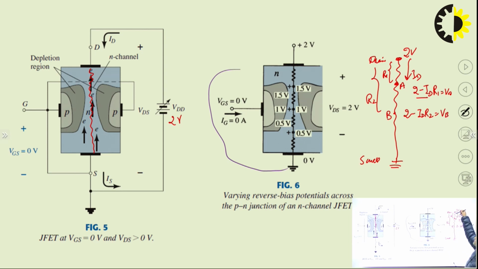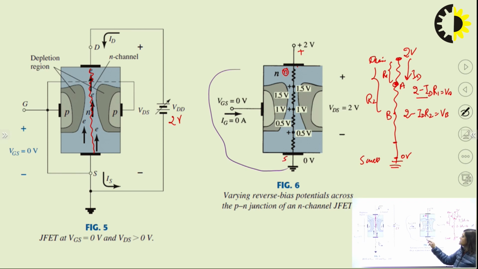So if we move from top to bottom, at point A the potential is high, and at point B the potential is reduced, because ID R2 is more in comparison to ID R1. And if we go downward, the potential at each particular point continuously reduces, like at this point the potential will be 0 volt. From this it is clear that the channel acts as a variable resistor. And here the reverse bias is high, because this is the N channel which is connected with the positive supply, so it is in reverse bias.